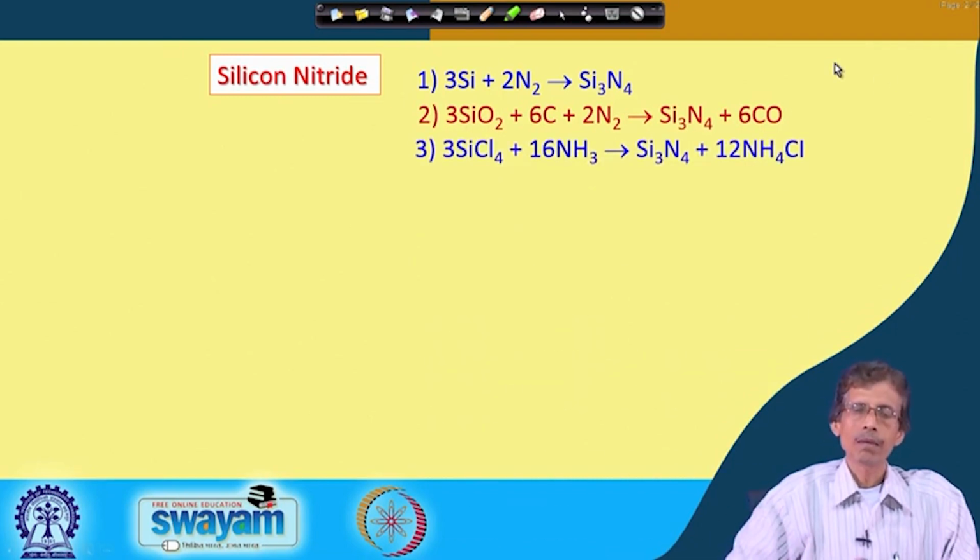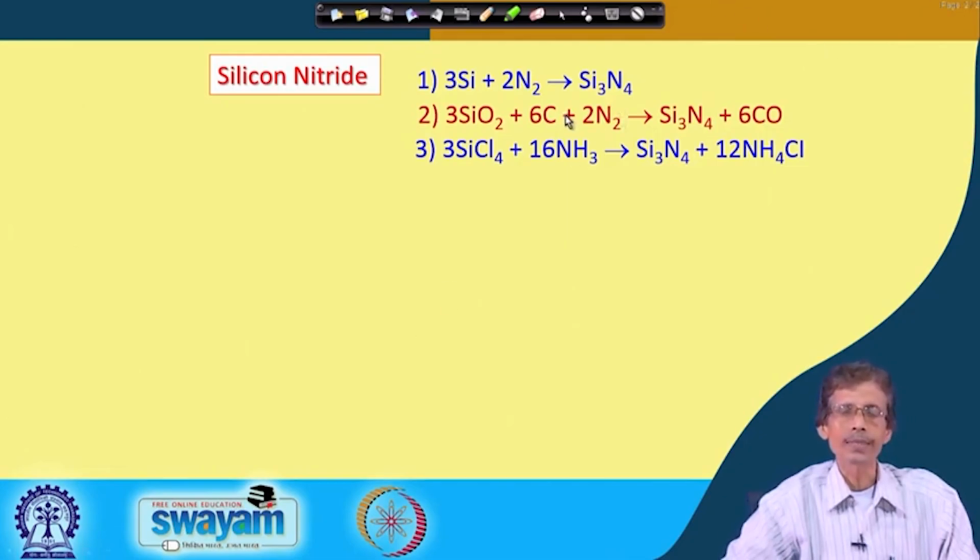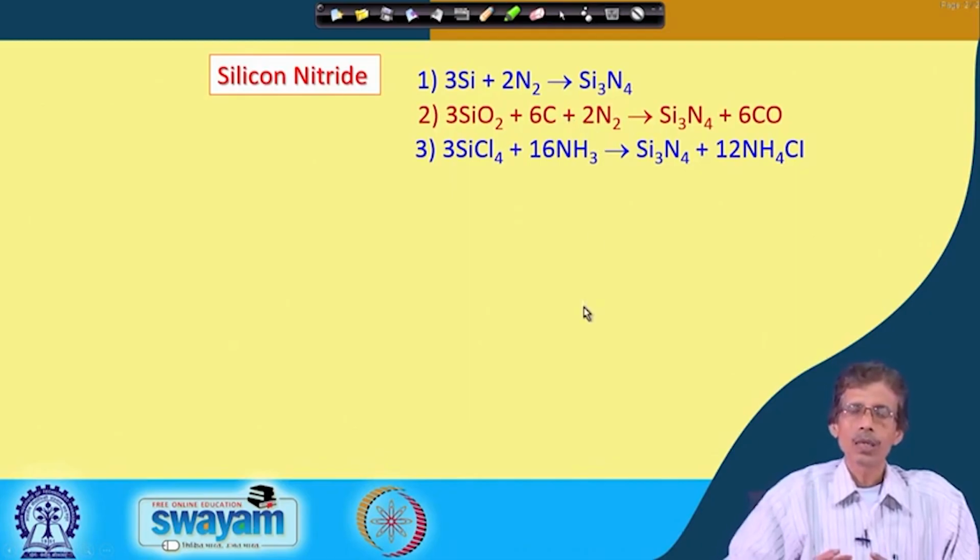Then silicon tetrachloride, we can use SiCl4. So, it is a simple material, but is a costly one compared to your silica or the quartz variety. But now what we can use, the carbon which is given over here in the second reaction, that particular carbon we do not use now, because this particular process, reaction 2, is basically a carbon reduction process. So, instead of that, now we use something else,